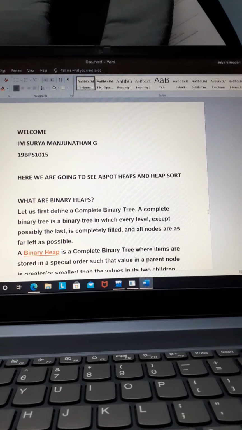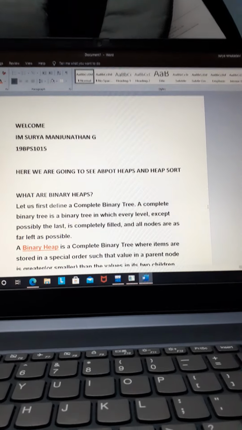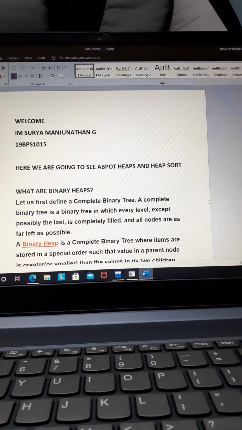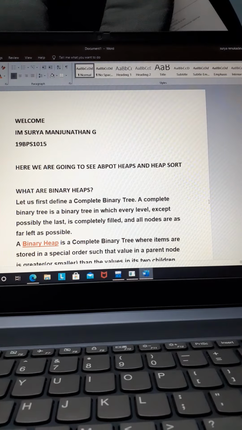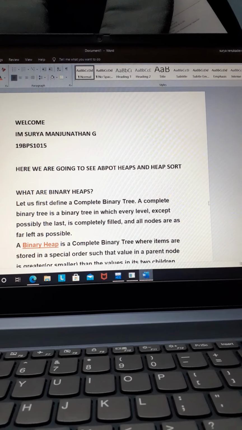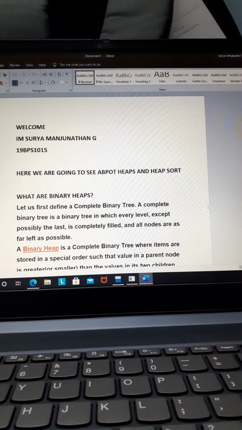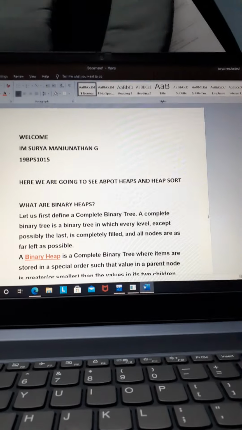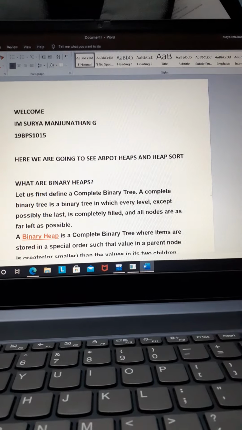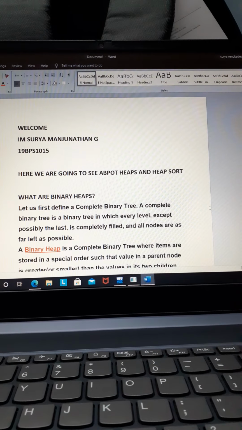So that's the case with quick sort, but in binary heap that doesn't come. Actually, here the average case, the best case, and the worst case is big O of n log n. So this is a very good thing, and that's why I've chosen the binary heap, and then its application, that is the heap sort.